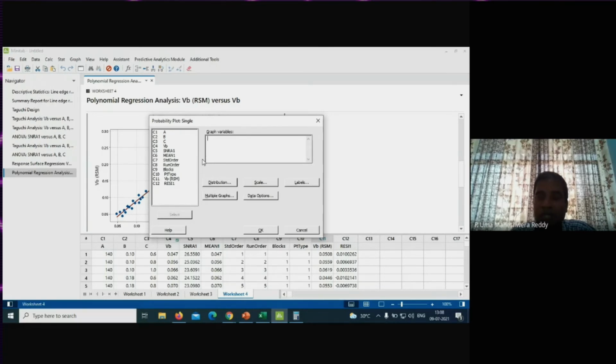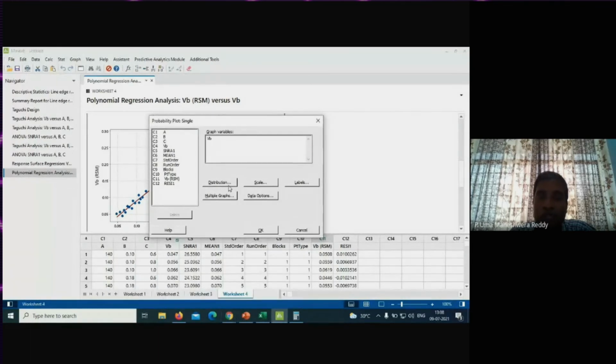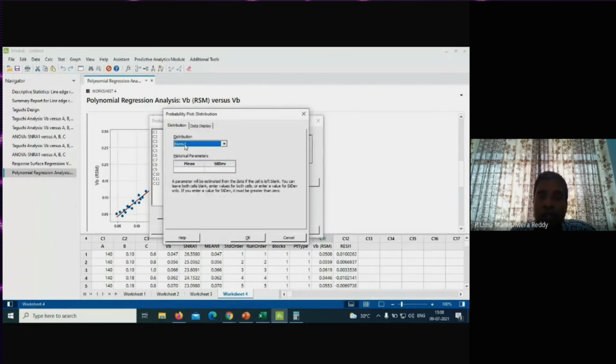So let me select VB toolware. So now distribution is normal. You have different options, log normal, gamma. Generally we select normal. It is an assumption.